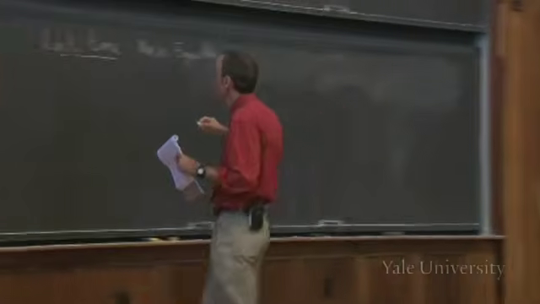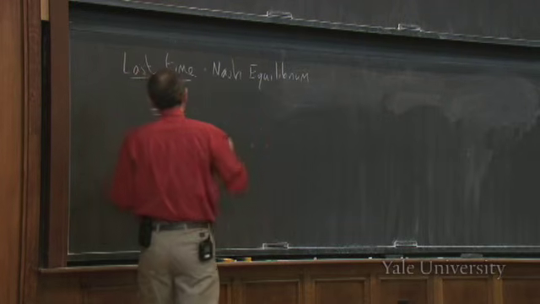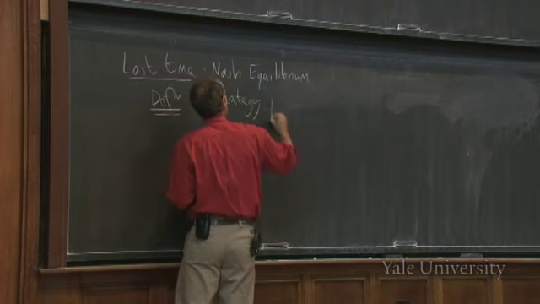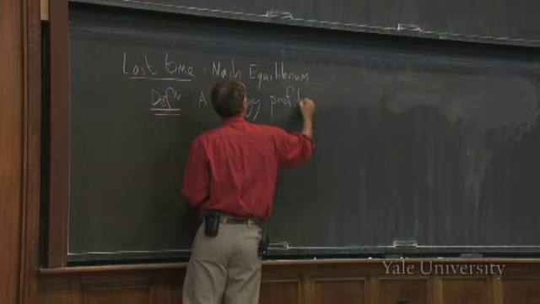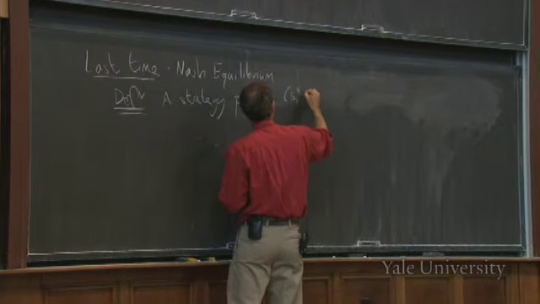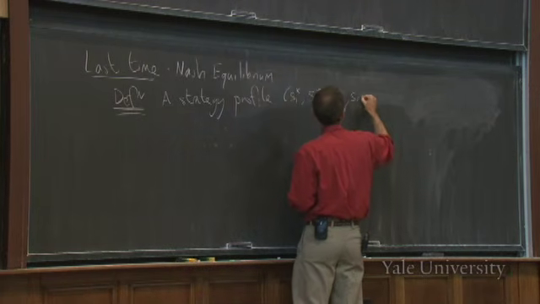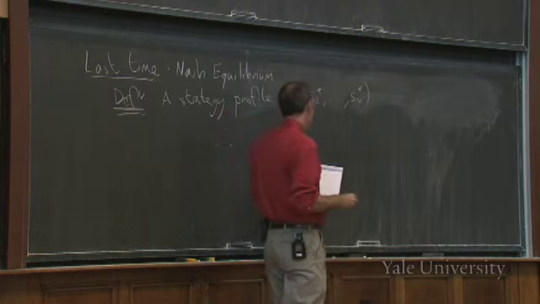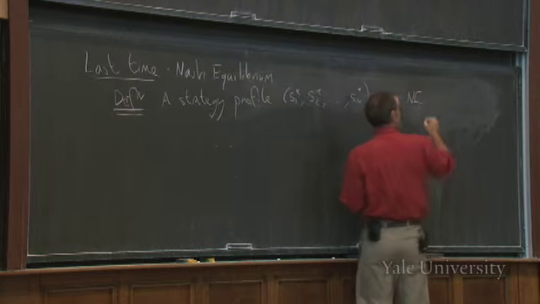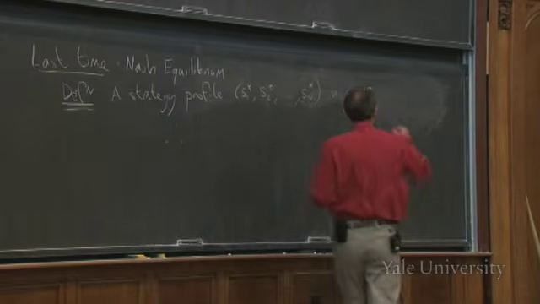All right, but let's start by putting down a formal definition. We only used a rather informal one last week, so here's a formal one. A strategy profile, remember a profile is one strategy for each player, so it's going to be S1 star, S2 star, all the way up to Sn star if there are n players playing the game. So this profile is a Nash equilibrium, and I'm just going to write NE in this class for Nash equilibrium from now on. If